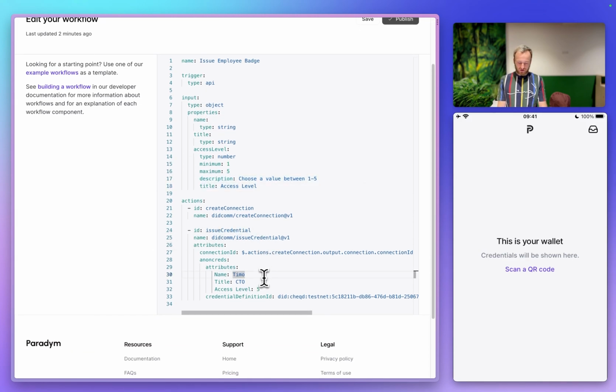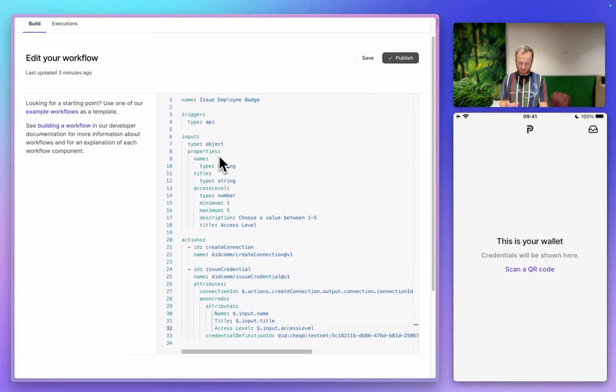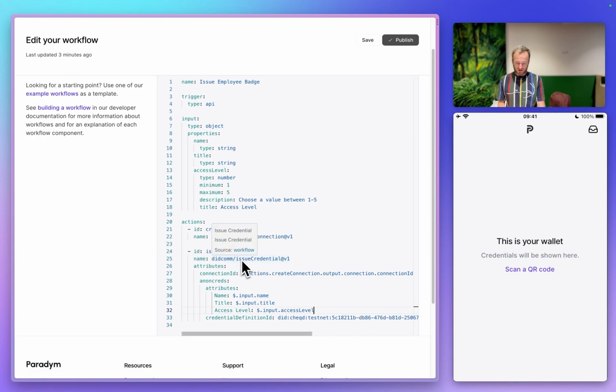So once we have defined that, we can actually reference these values here. So I'll do the same $.dot syntax to reference, and I will now reference the input here, and I can reference the name. And I can reference the title and the access level. Great. Now we have a workflow, we have defined the input, and we have defined which actions need to be